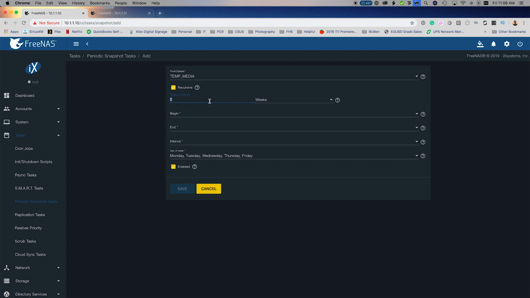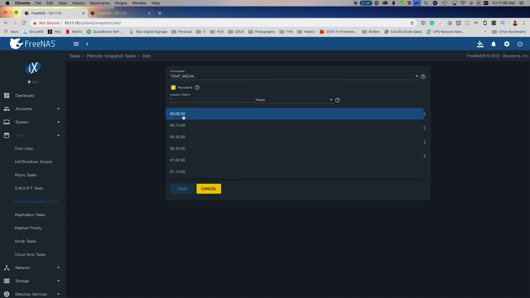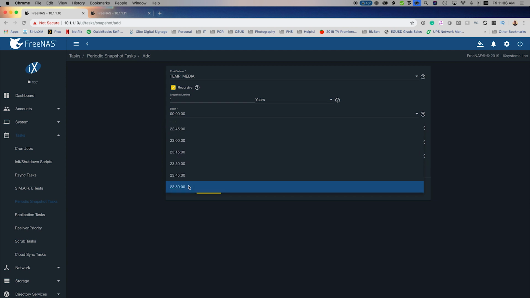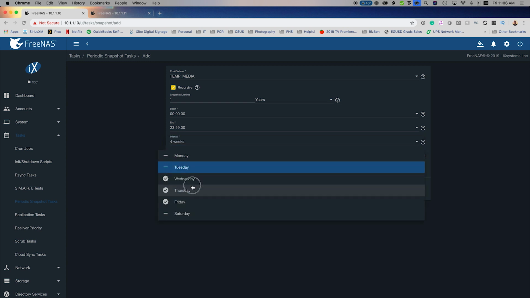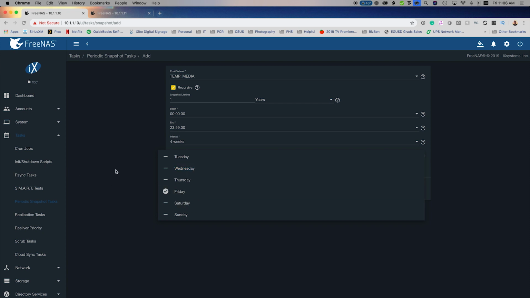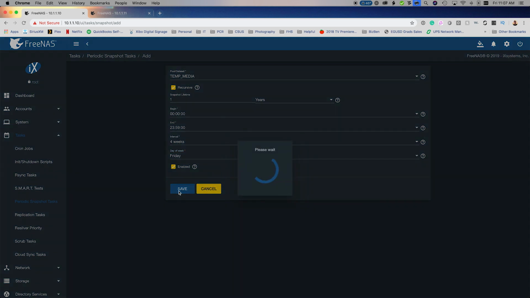The snapshot life, I'm just going to set it for something crazy. Let's call it a year. Begin time is 0000, end is 23:59, interval 4 weeks, because we're only doing this one-off, and then I'm going to unselect every day except for today. The reason I'm doing it this way is because depending on how much data you're transferring, it could take a couple days. For example, the one that I just told you about took about 2 days. Doesn't matter if it does another snapshot in the meantime, but I don't want another snapshot until it's completed. So I'm going to hit save,